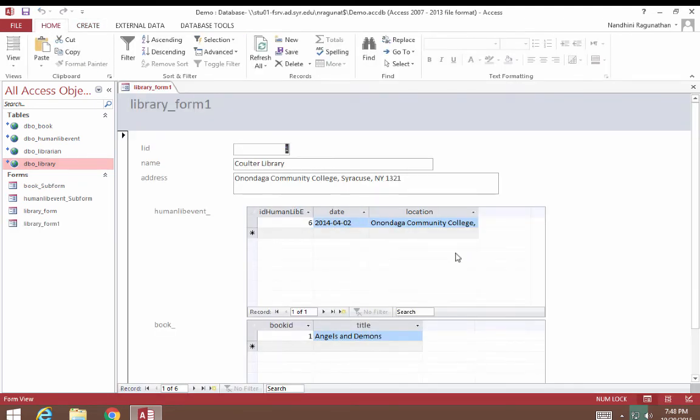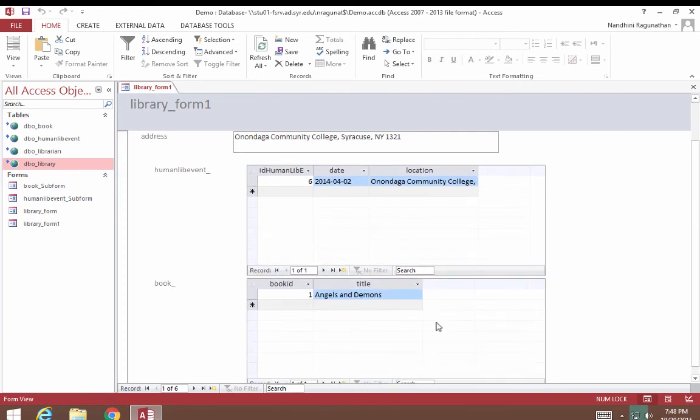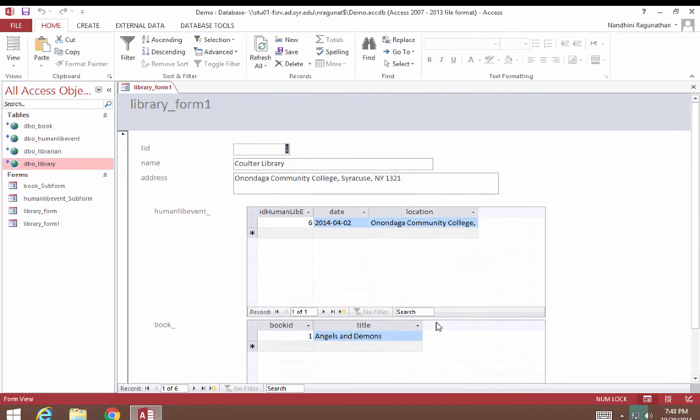Here you can see that Access has automatically generated a form with two subforms for you to play with. In order to navigate this form with subforms, you can use the buttons below, as we saw, similar to the one for the normal form. When you navigate, you see that the subform records change according to the main form.